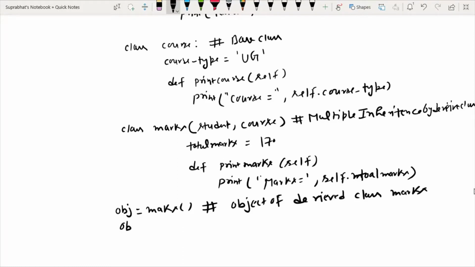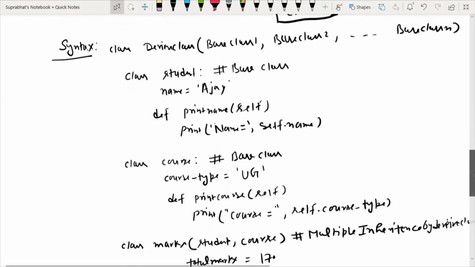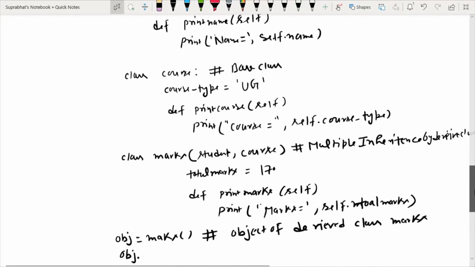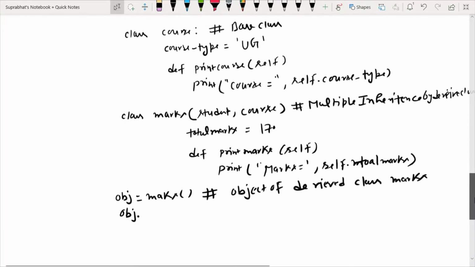When I write obj dot, now we have all the properties and methods of the student class available, and all the properties and methods of the course class also available. So obj dot, the first method of the base class student, that is print name, and the second method of the course class, that is print course. I can just type print name, so it will print the name.